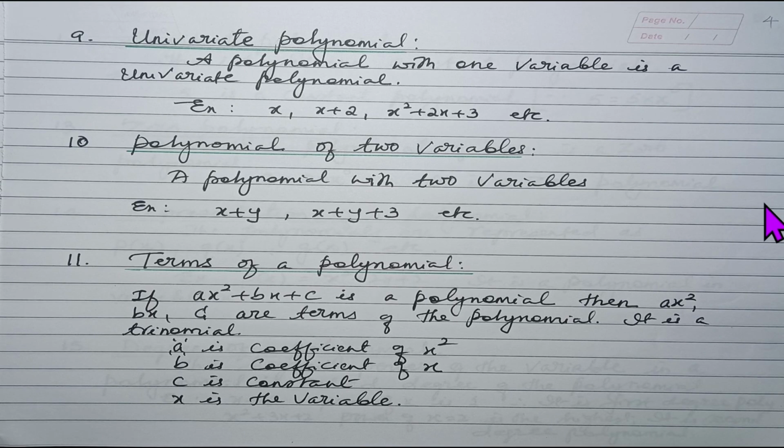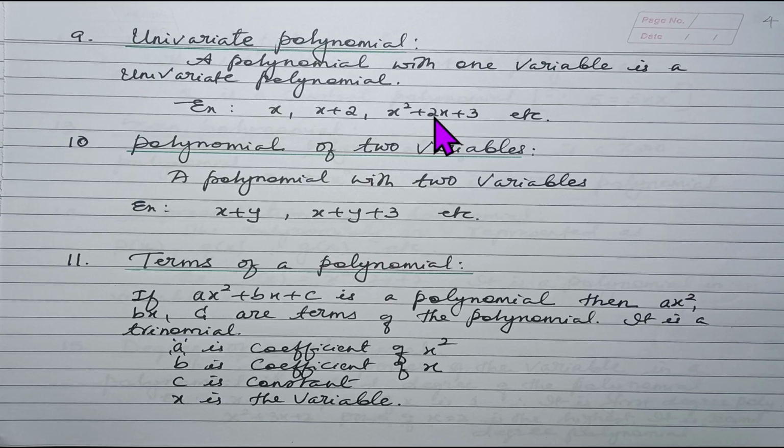Now univariate polynomial, it's a new word. A polynomial with one variable, please understand, is a univariate polynomial. Uni means one, variate means variable, so univariate polynomial is a polynomial with one variable. This is a monomial with one variable, this is a binomial with one variable, and this is a trinomial with